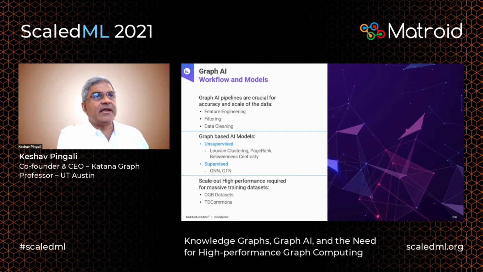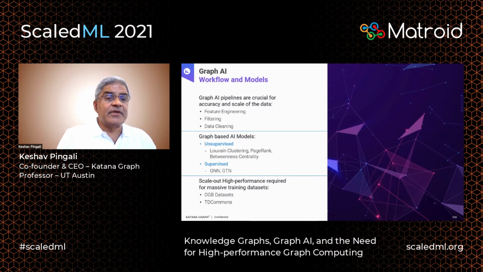So that's the data, and now you need to process that data using what we call AI-augmented analytics. Typically what we find is you don't just want to apply one particular routine like Louvain clustering or betweenness centrality or whatever to your data. Rather, there's an entire pipeline that the data scientist wants to set up. Everything from feature engineering, filtering, data cleaning, and so on, there are a lot of steps that have to happen. What we want to do at Katana is to make all of those steps easy for the data scientist. Of course, we want to do this in a scale-out way because we also want to be able to handle massive training data sets.